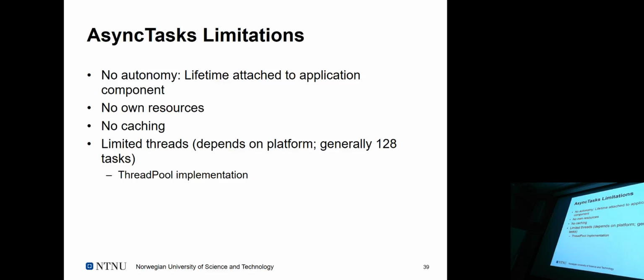That may be based on constraints because there may only be 128 threads or tasks. But the challenge is simply that you may have other applications running at the same time that use the same functionality, which you can't really predict. So bear that in mind. If it's not running, it may just mean that you exceeded the task execution limit. But generally it's a worthwhile tool. If you're thinking about using threading in Android, think about async tasks at the same time. Perhaps it makes sense if you want some user interaction.